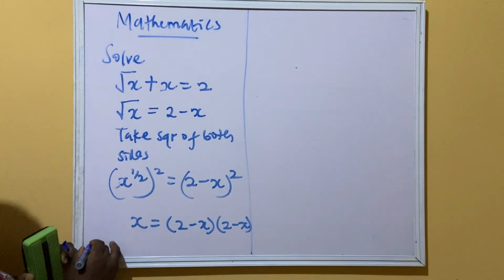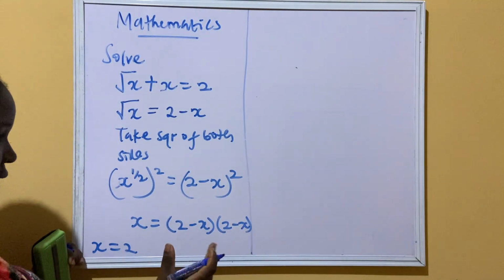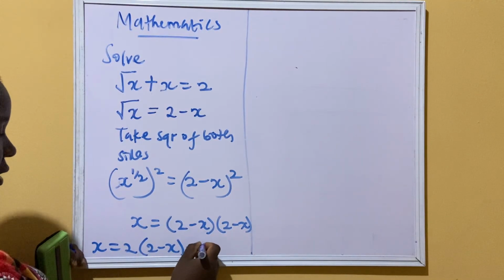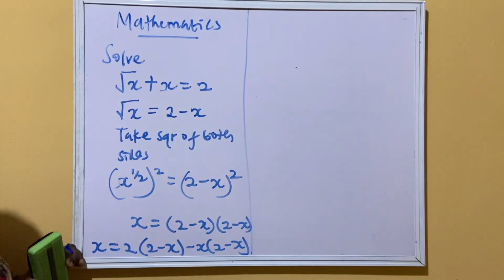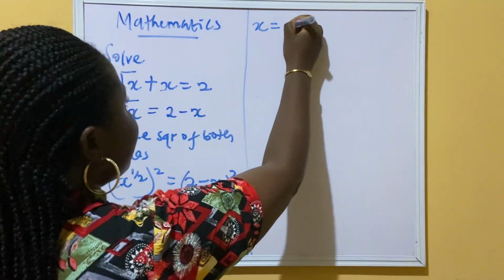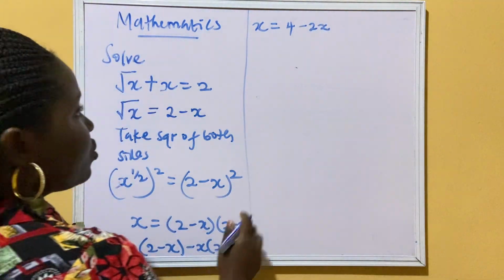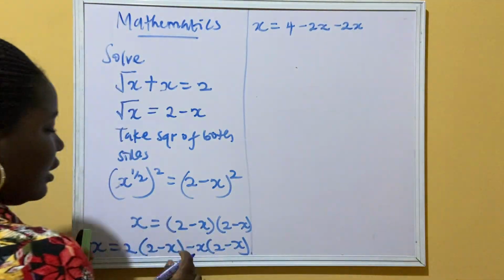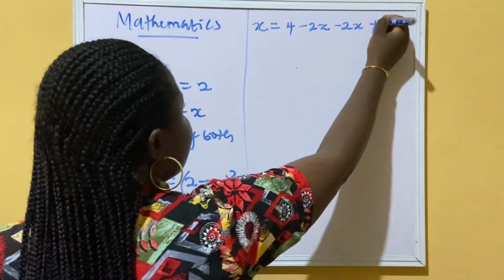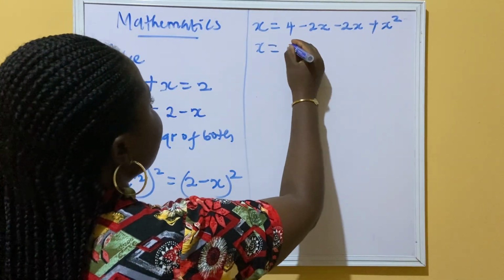So x now is equals to, let's open this up. 2, this one will multiply this, will also multiply this, then add it together. So 2 minus x into 2 minus x. Alright, let's open up. x is equals to 2 times 2 is 4. 2 times minus x is minus 2x. Minus x times 2 is also minus 2x. Then minus x times minus x, minus times minus is plus, x times x is x squared. Okay, so x now is equals to, let's rearrange them, x squared